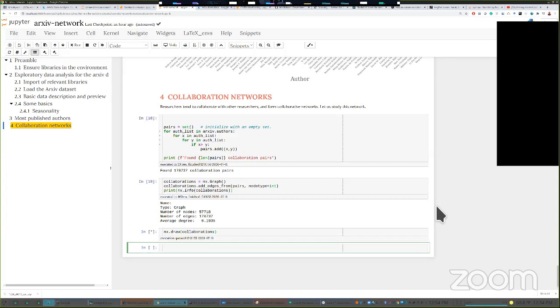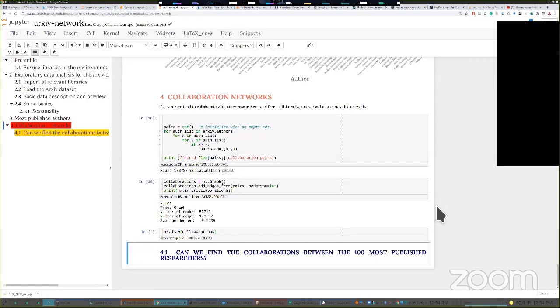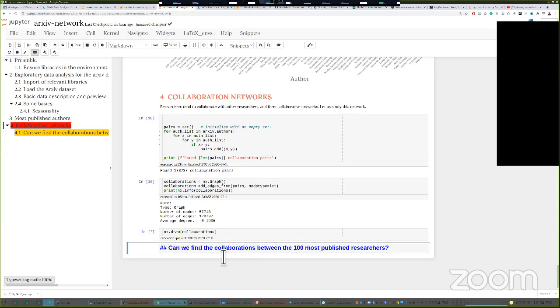How can you draw collaborations between the 100 most prolific researchers? Actually, this sentence is too long. Let us just write: collaboration between.